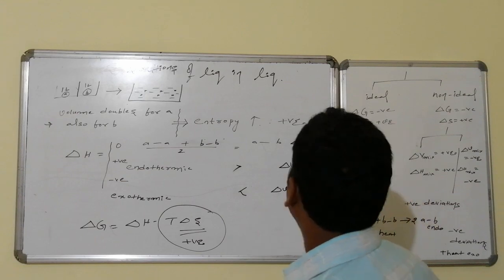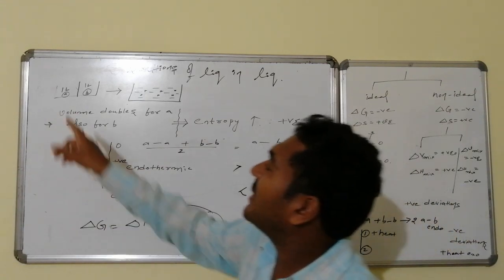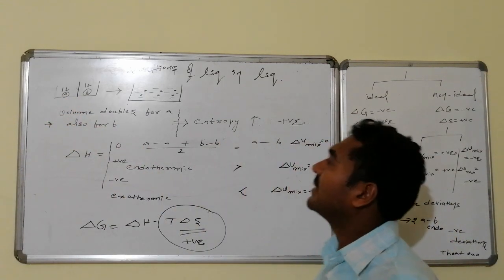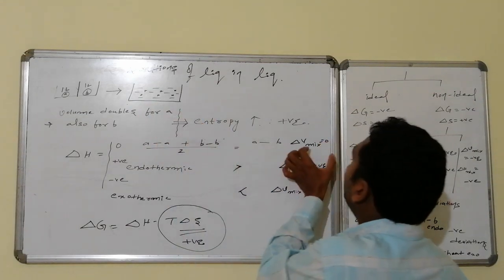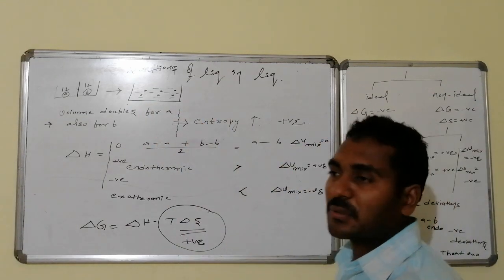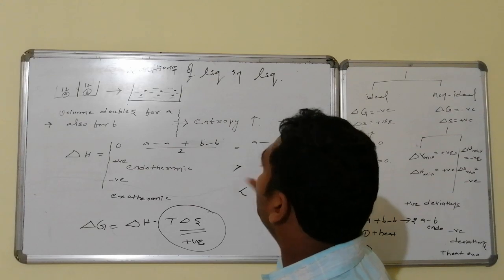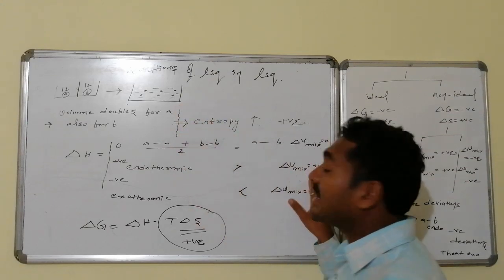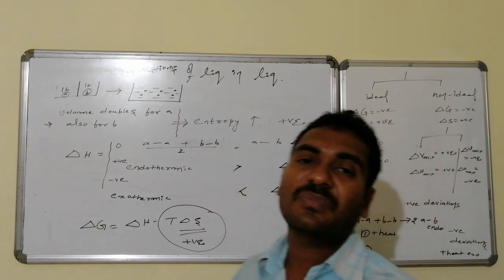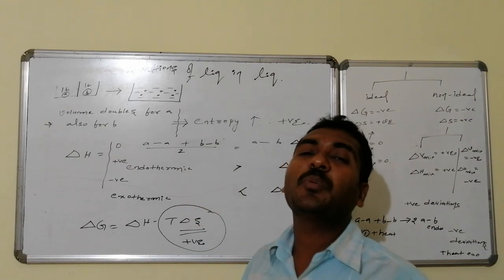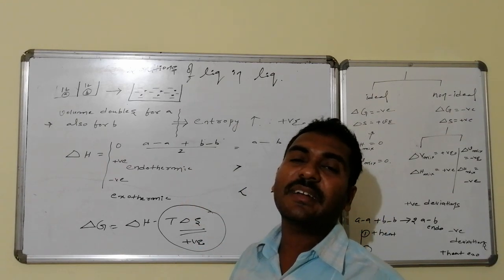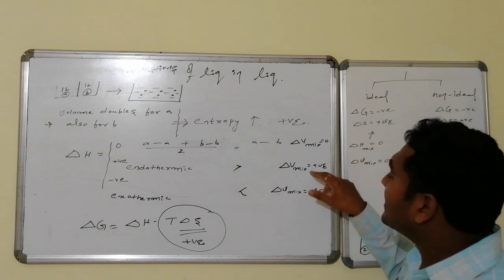Here net volume change will become equal to what? Negative. Change implies what? Here I am adding 1 liter of component to another 1 liter. I am getting originally 2. You are expecting 2, you are getting 2, difference is 0. Whereas here positive implies I am expecting 2, but I got more than 2. It is not 2 liters, it is 2.1 liters, 2100 milliliters. Like that, extra volume I got.